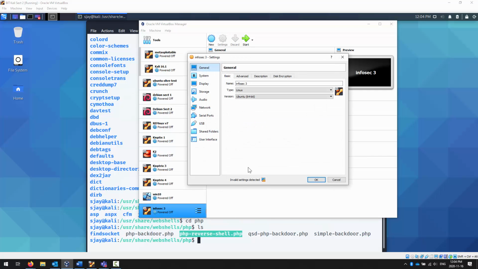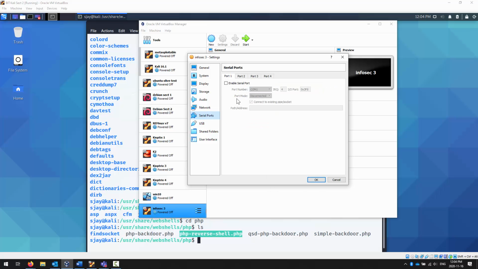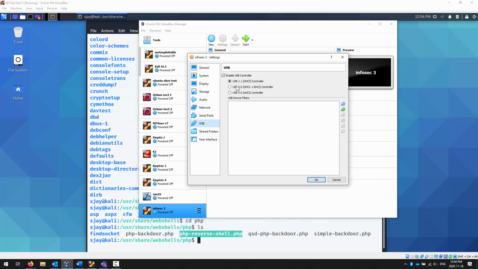Now, right away, we have an alert here that there's something wrong. If we move our display on top of it, it says there's something wrong with the display. We should probably select VM-SVGA. Well, it doesn't matter, we're headless, but let's select VM-SVGA. Also, I guess I fixed this one. At one time, as the notes mention, it used to say USB 2, but I guess I fixed that